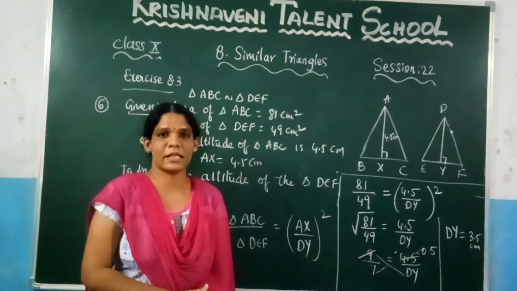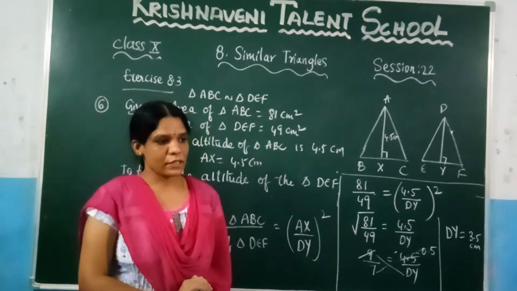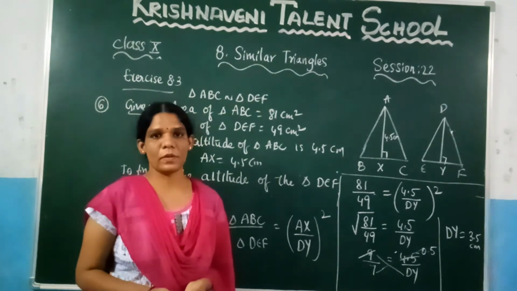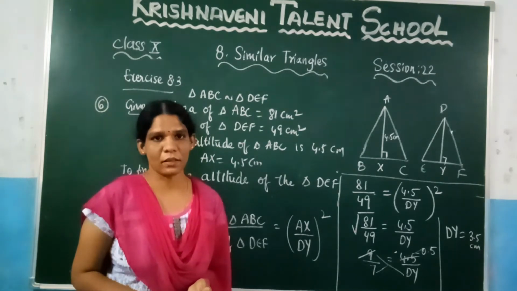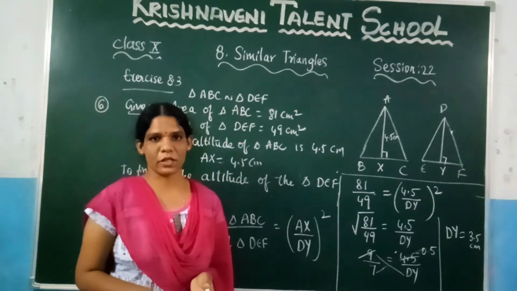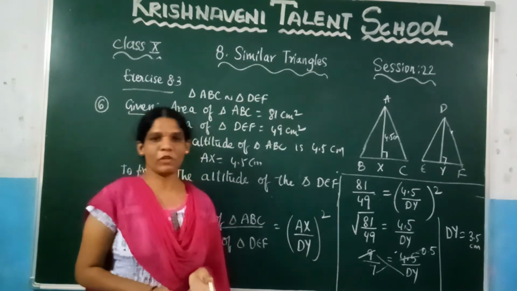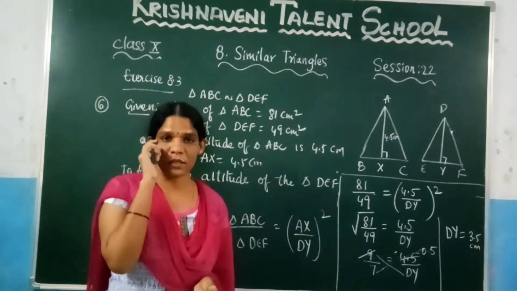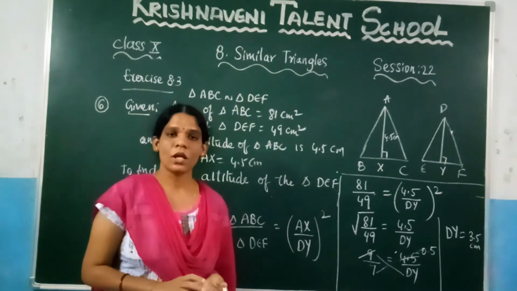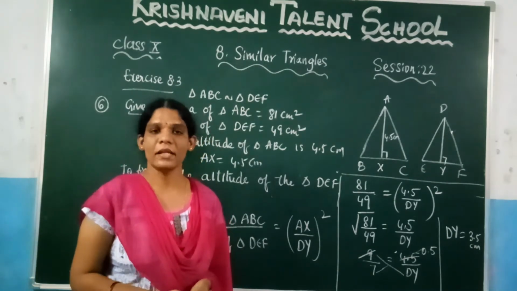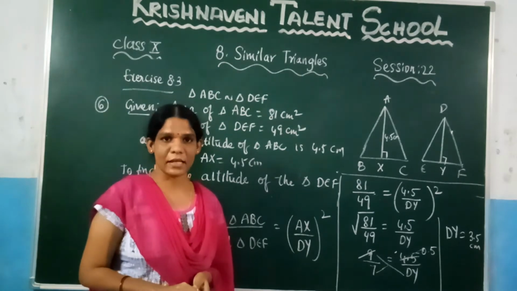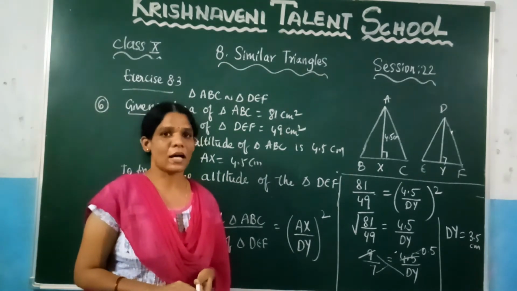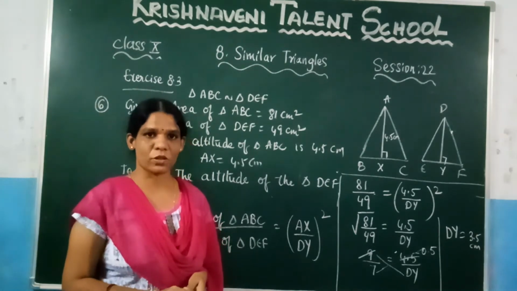So what are those theorems? Let us see here. In the next exercise we are going to solve the problems regarding the Pythagoras theorem and the converse of the Pythagoras theorem. You know, you are very familiar with the Pythagoras theorem, right? What is Pythagoras theorem? You know that the Pythagoras theorem is applicable only for the right angle triangle, and what it states, in a right angle triangle the square of the hypotenuse is equal to the sum of the squares of the other two sides. This is nothing but the Pythagoras theorem.